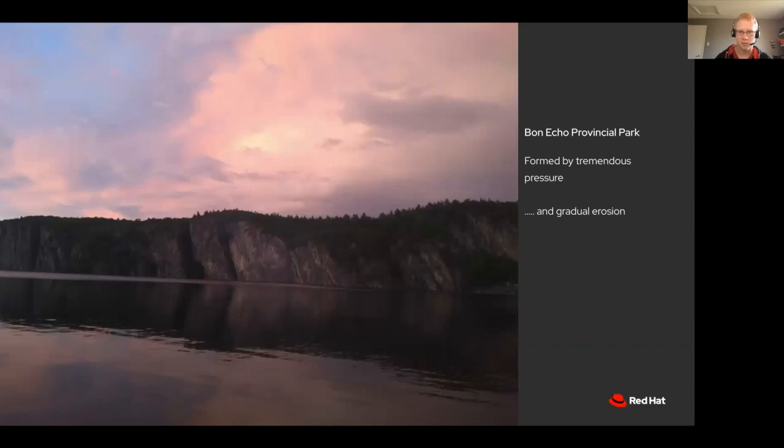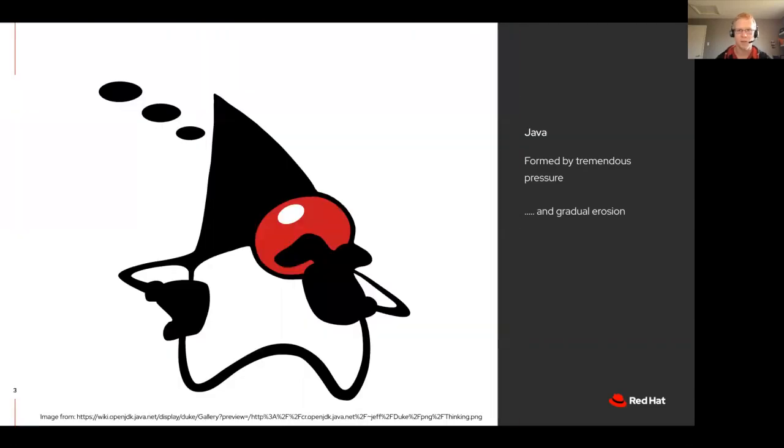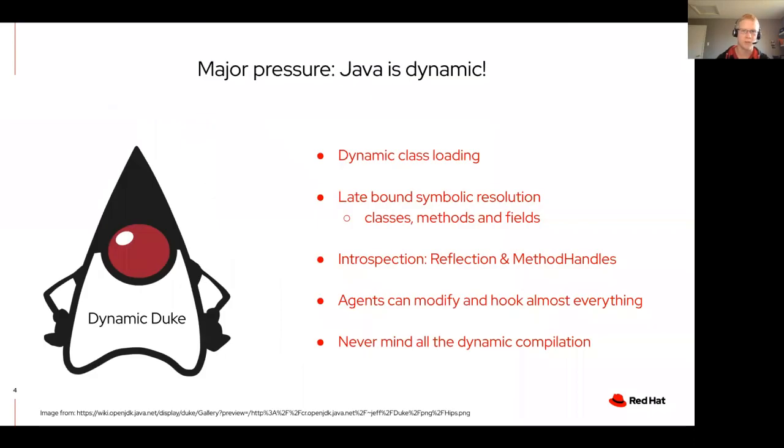Now, the reason I recount this story is because we're looking at the static compilation landscape in Java. And what we see there is that Java itself has been formed by some tremendous pressures, both those of design decisions from the beginning and changes in the ecosystem and the landscape. So what are some of those changes? Well, the first